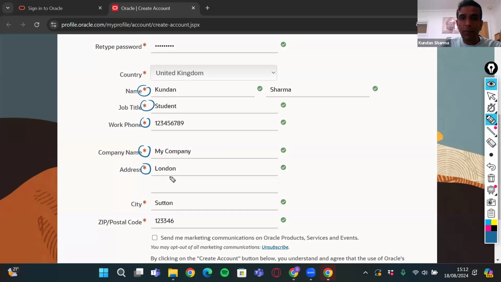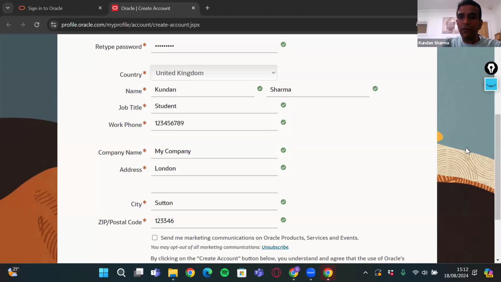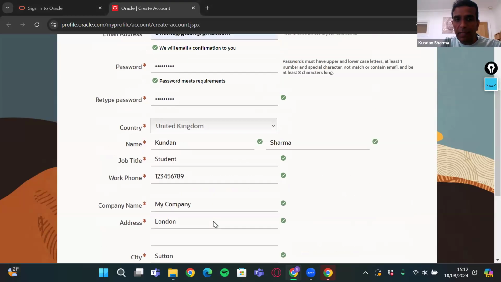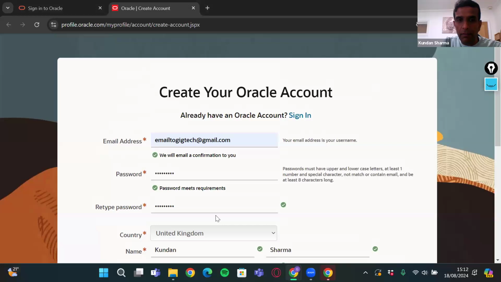And you can see the moment I enter these values, it shows me the green arrow, which means that whatever information I have provided is valid, acceptable information. And then after that, you have to click on this. If you want to click on marketing communication, you can choose this, and then you can click on create account, right? Because I already created an account with this email address, I'm not going to create this account